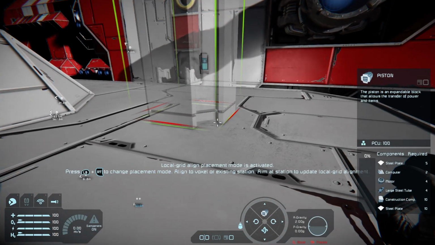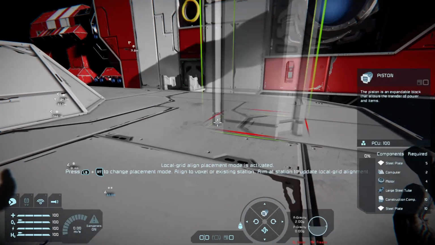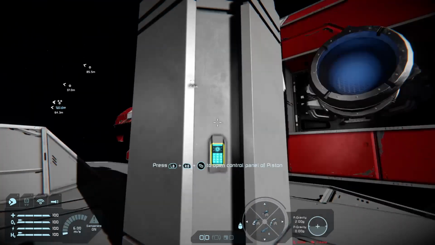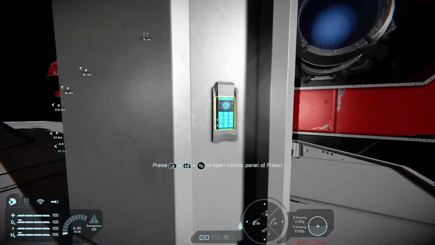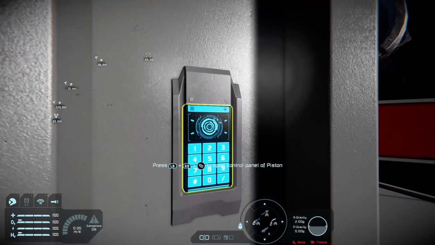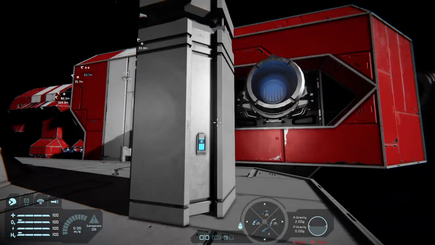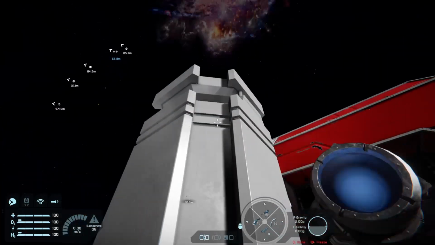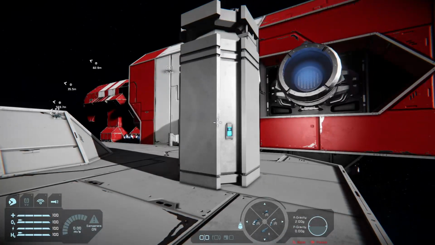It has a little circle at the top. Always in Space Engineers, the right way up is the control panel way up, like that. And how to quickly know, as I've said before, the circle there always means your number pad is facing the correct direction. Sometimes you might want to place a piston facing down, but at least you know where the top part of the piston is.